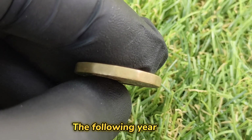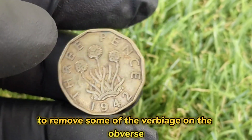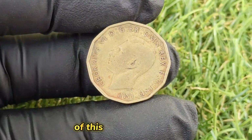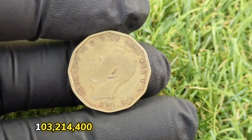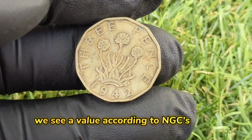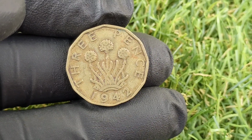The following year then received a brief redesign to remove some of the verbiage on the obverse. We also see that 1942 is the most common year of this particular series. 103,214,400 were minted for circulation. We see a value according to NGC's price guide of anywhere between $1 to $2.50 for a coin in about